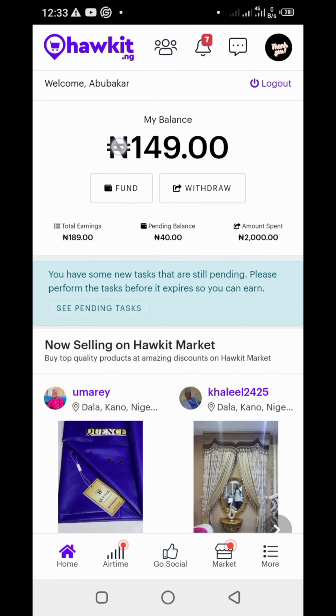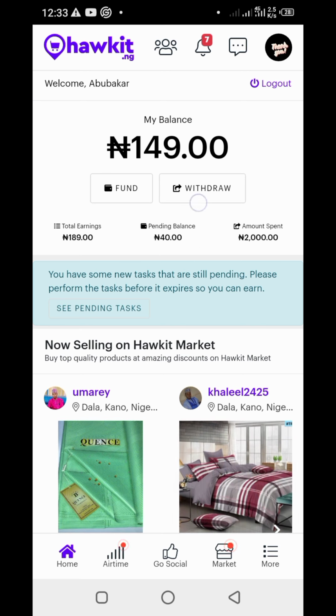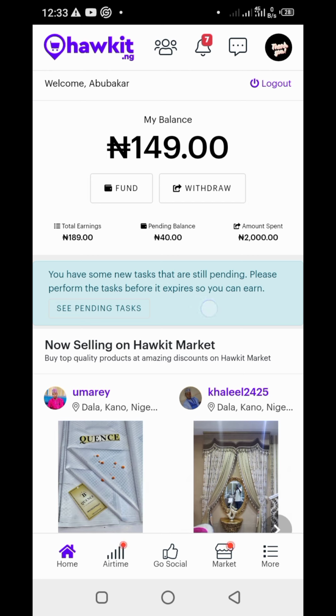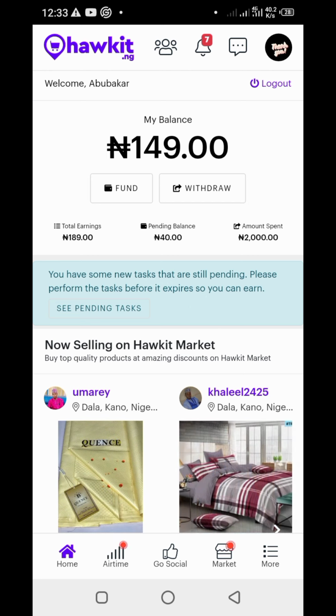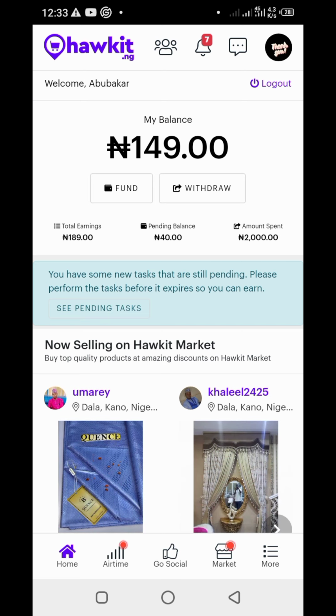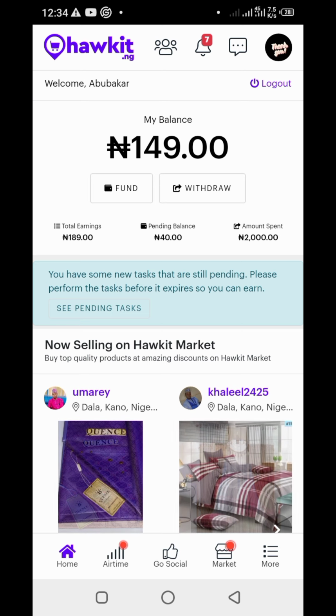Yes, as you can see, this is my dashboard. You can see 149 pending balance of 14 Naira. This product I just started and I got this amount of money. But as I told you, you must remember, before you can start earning, you are going to pay a fee of 1000 Naira, and that 1000 Naira is permanent.